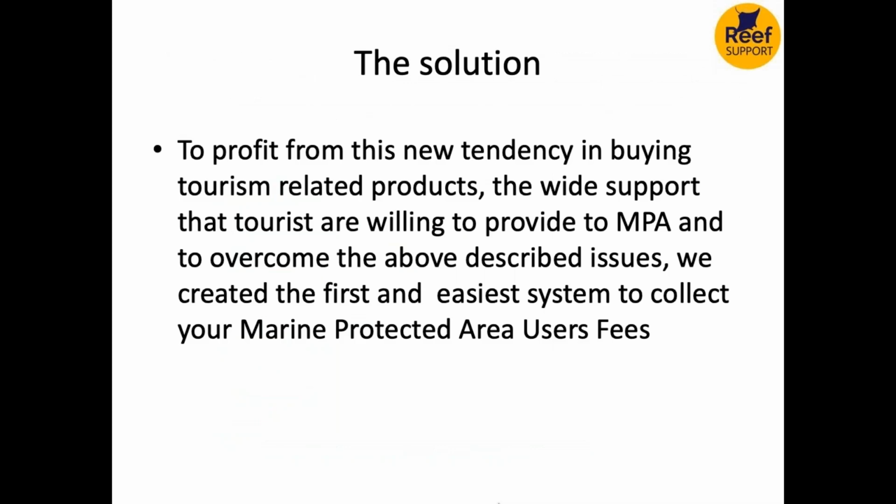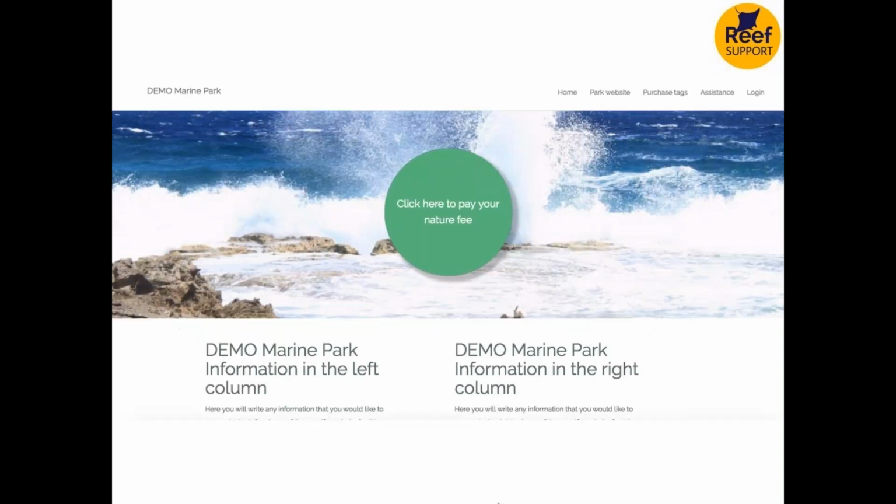So to profit from these new trends in buying tourist-related products, the wide support that tourists are willing to provide to MPAs, and to overcome the issues of the current over-the-counter system, we created the first and easy system to collect payments for marine protected areas through the internet. And this is a screenshot. I will transition now to the live page,